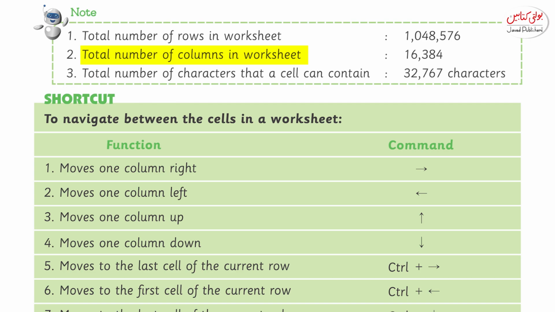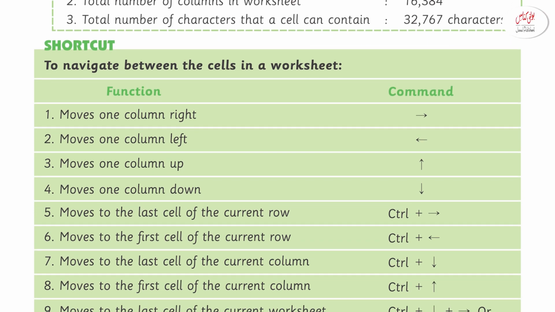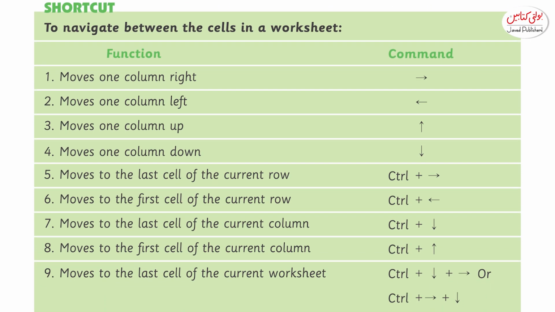Total number of columns in a worksheet: 16,384. Total number of characters that a cell can contain: 32,767 characters. अब हम देखेंगे कि किस तरह से अपनी शॉर्टकट कीज और कीबोर्ड को यूज करके नेविगेशन की जा सकती है।